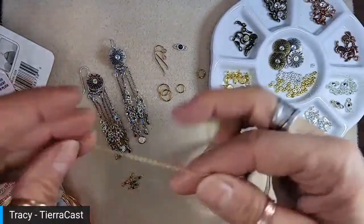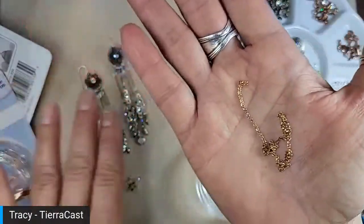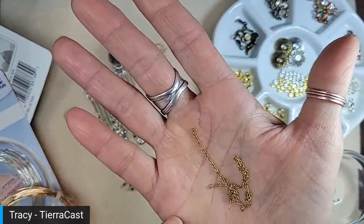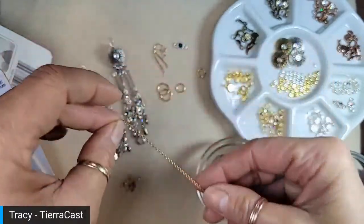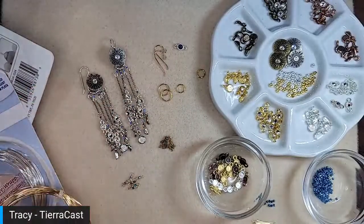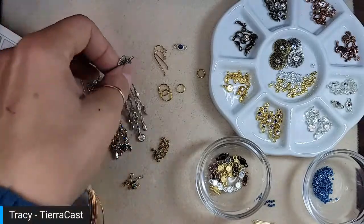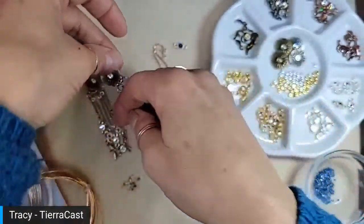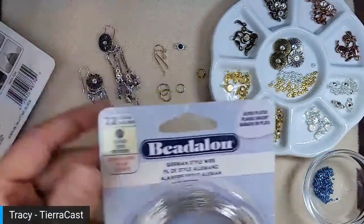So when I was creating the design, I had to find another way to link all these components together. I wanted to use this very delicate chain. So I, of course, tried craft wire. Now, craft wire is what you call dead soft. So it's very malleable, and it's great for making wrapped loops, but maybe not quite strong enough to hold with a simple loop. So that's why I started playing with the German style wire, which is the project as I made it originally